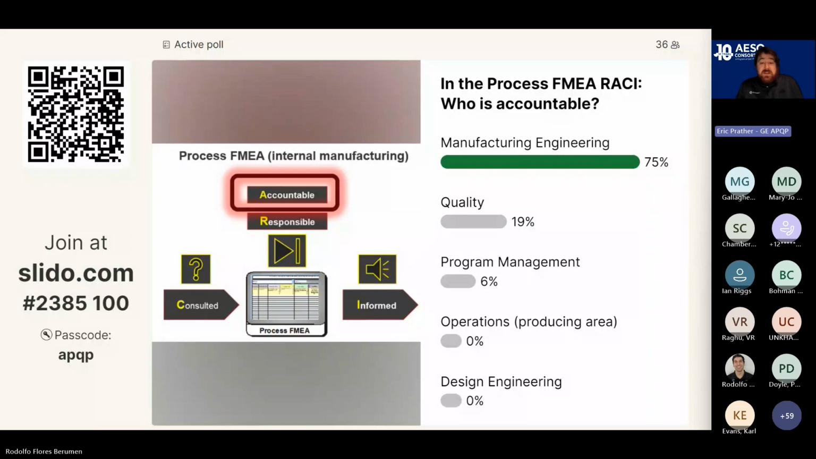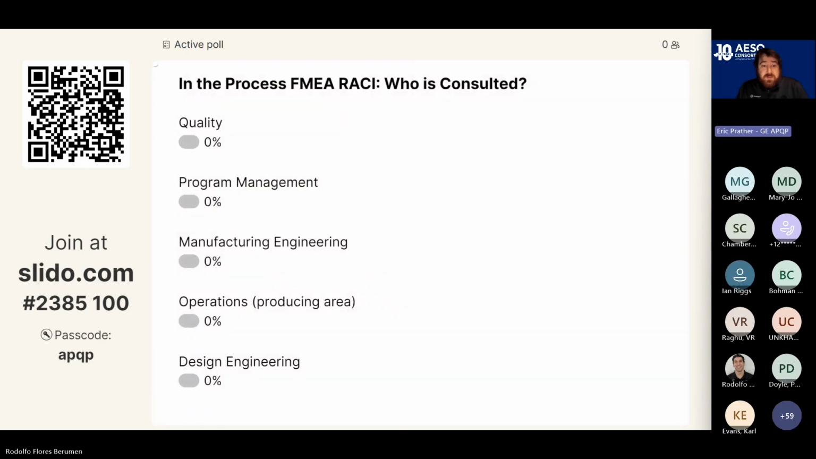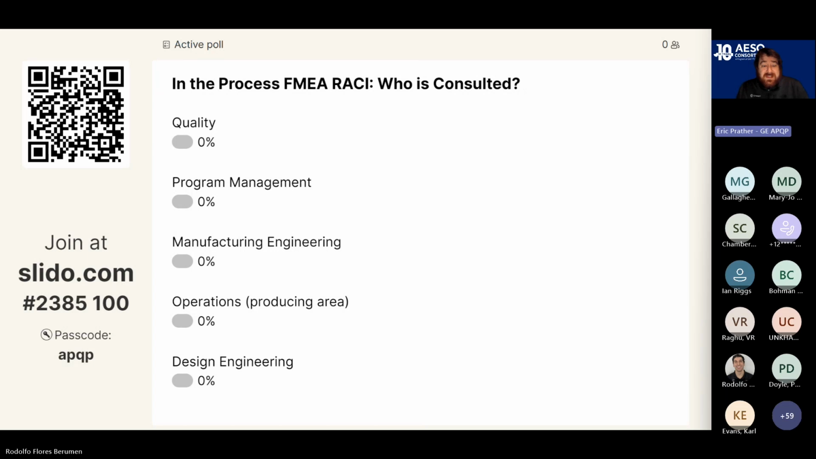Yeah, so overwhelmingly, we have votes for manufacturing, secondary quality, and then program management. I agree, we don't really see operations or design much responsible for this. I see a lot of quality in my past, but it definitely can go either way. So a good spread of answers. So in this same example,